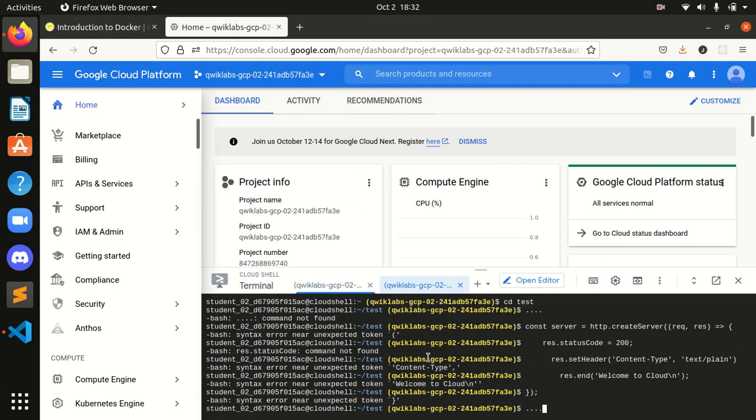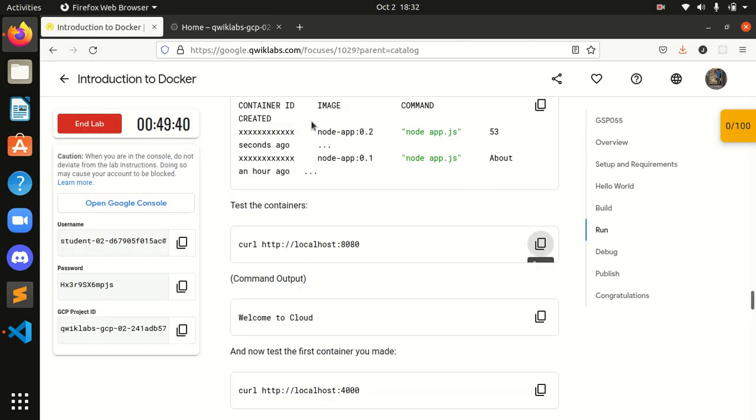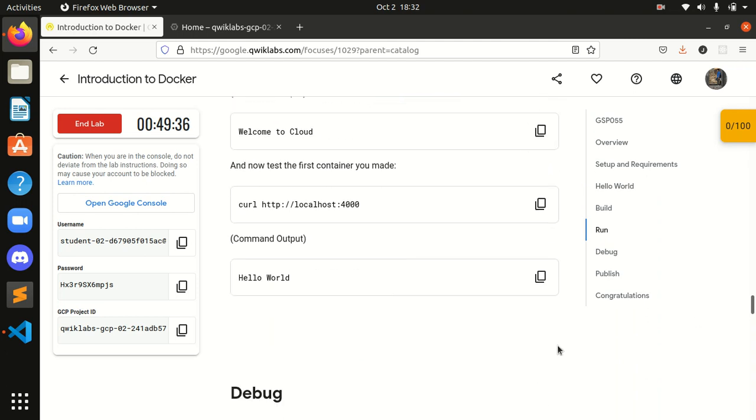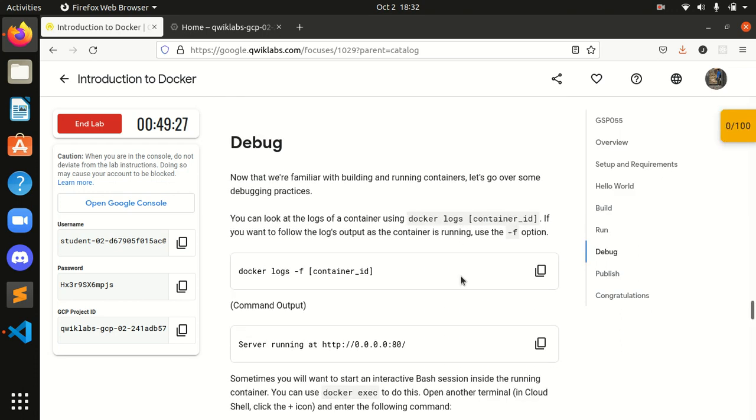In another terminal we can test whether hello world is coming or not. I will call it, and I will see welcome to the cloud came. We changed it, right, in 0.2. Okay, we tested. Now let's debug it.